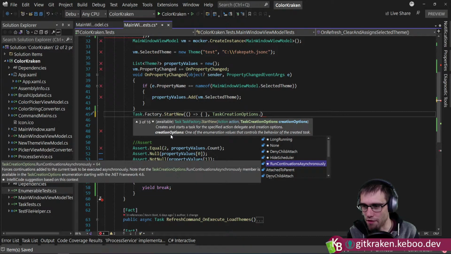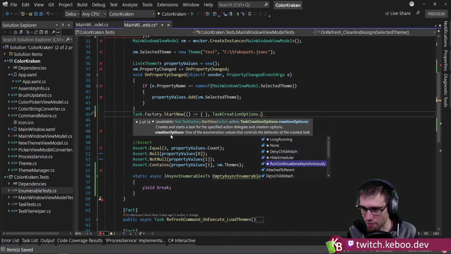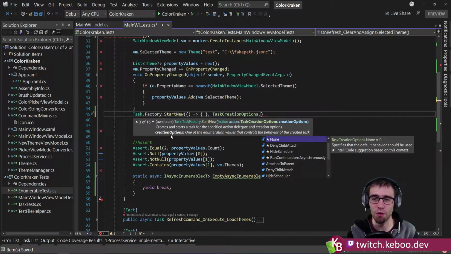And under these TaskCreationOptions, there are some more advanced situations that you can set up. I won't necessarily bother to cover all of these unless people have use cases for them. Most of these don't get used. These are very, very specific use cases. Most of the time, you do a Task.Run, you don't worry about it. You let the runtime handle it. It's probably going to be smartest. However,